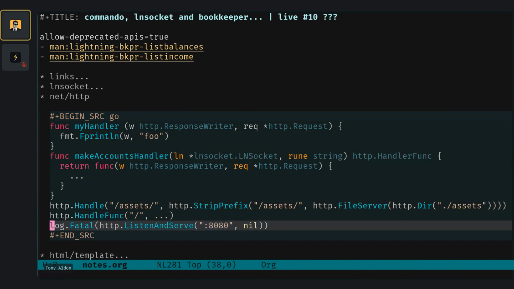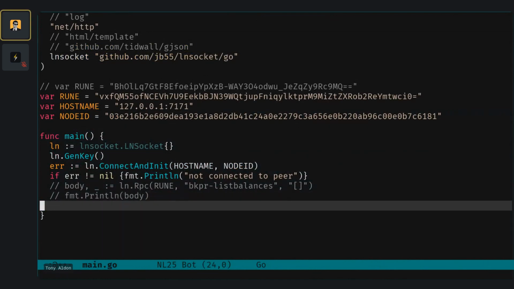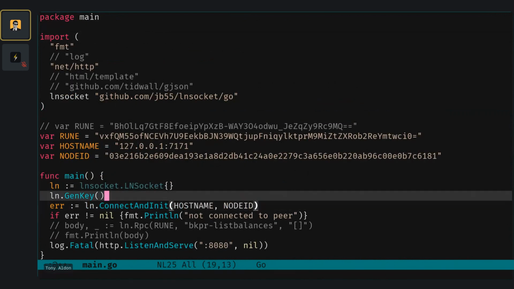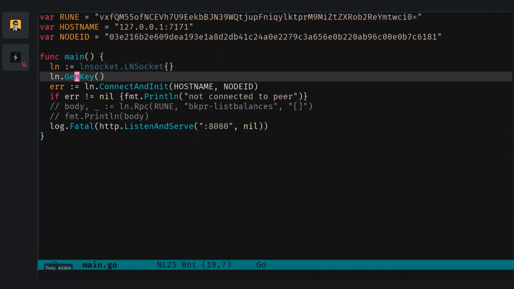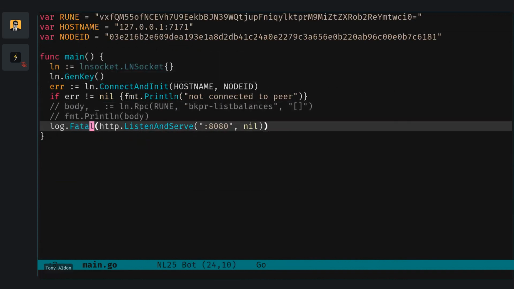We want this one. So what do we want? The log. So log.Fatal, I think it's a way to give back the last thing that happened when we stop the HTTP server. So http.ListenAndServe, we pass it